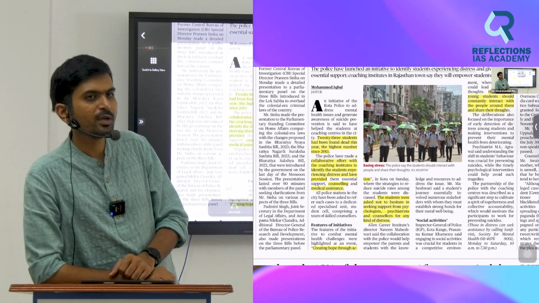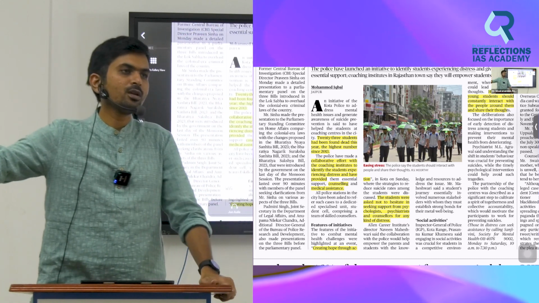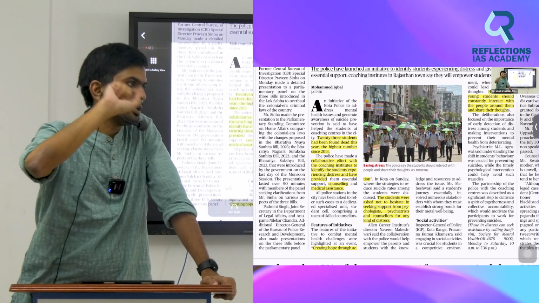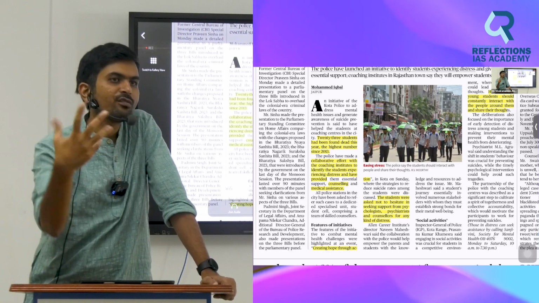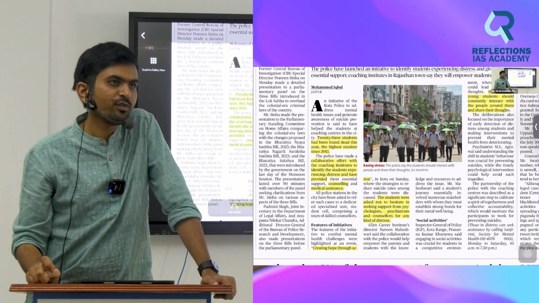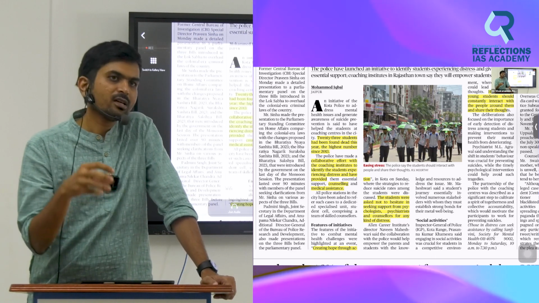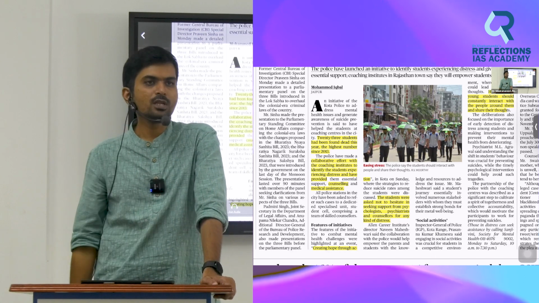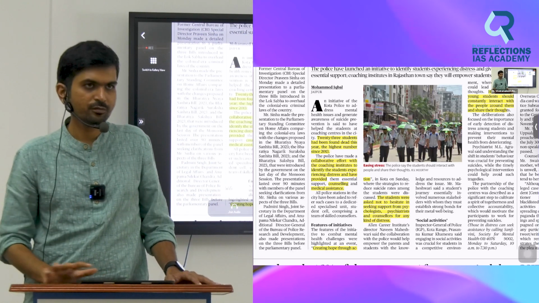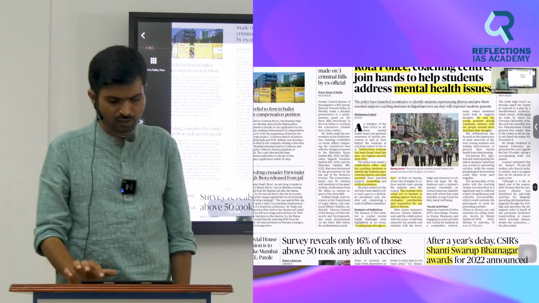When people have a lot of pain, they will go to temple. There was an article in The Hindu. Entire walls of some temple in Kota are filled with writing: I need to become IIT engineer. I need to get certain rank. So people are venting their frustration on the walls of the temple rather than taking the help of professionals. Yes or no? So that is why government, private sector, institutions, everybody should encourage this counseling, meditation sessions, so that people will not go into depression. So that is our major takeaway from the article. Clear? So don't ignore such articles.